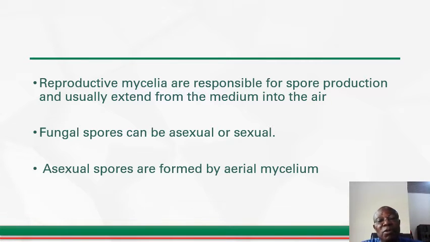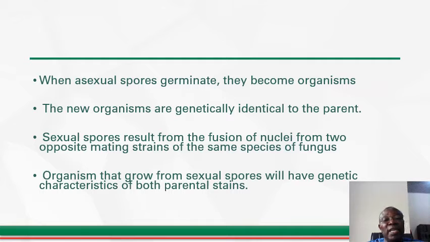The fungal spores can be asexual or sexual. Asexual spores are formed by the aerial mycelium of the fungi. When asexual spores germinate, they become a new organism, and the new organisms formed through asexual spores are identical to the parent. That is, they are similar. There's no genetic difference, because it is more or less like a part of the parent that forms